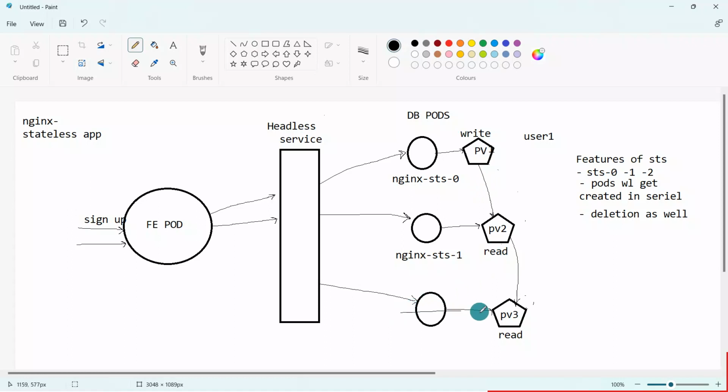So if you delete this one, it doesn't matter because we still have data over here, and PV1 is always going to get synced with PV2. But let's say you deleted the middle pod, so there will be a problem over here. So that's where